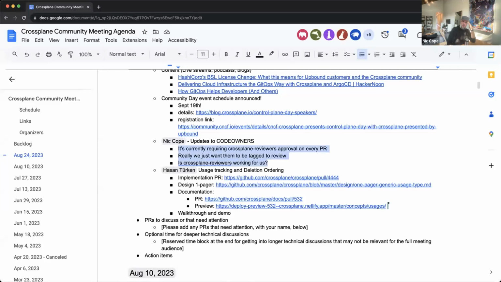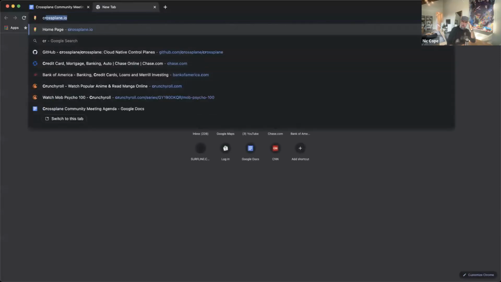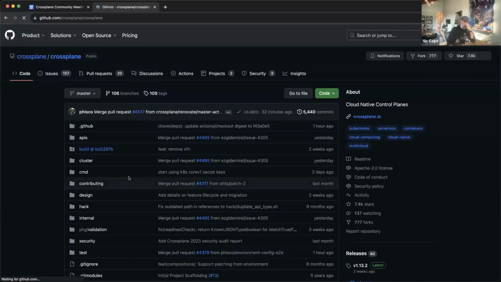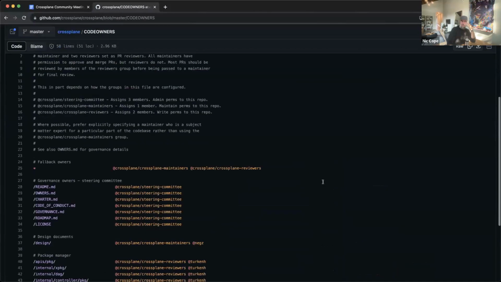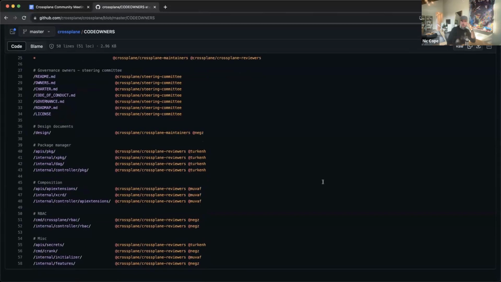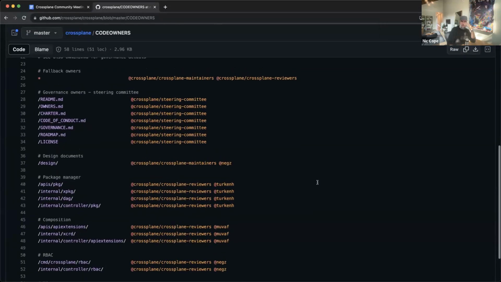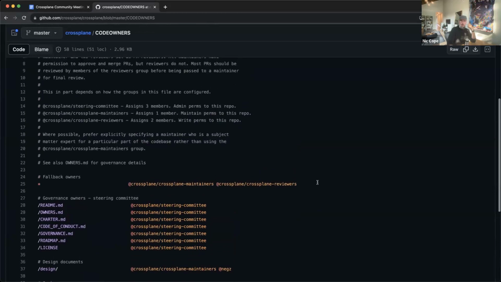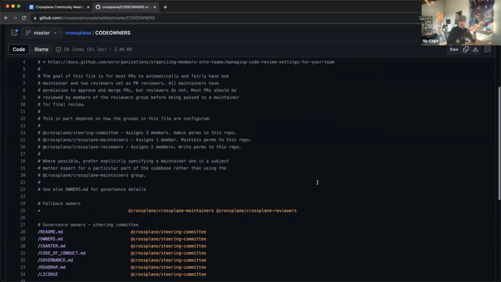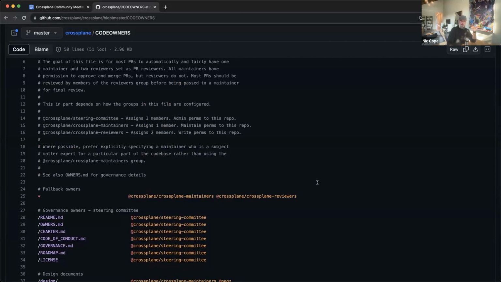This is mostly a discussion that's relevant to the maintainers. We have a code owners file in the Crossplane repo, and there's a couple of different groups in there. In the code owners file, we intend to do roughly two things. GitHub uses it to assign pull requests to people, to ask them to review it, and also controls who can merge a pull request. I added this because I noticed yesterday that I'm repeatedly using, I have super user powers on the repo, and I'm repeatedly using that to merge pull requests that are approved by a maintainer but aren't approved by the specific set of people the code owners wants it to be approved by.